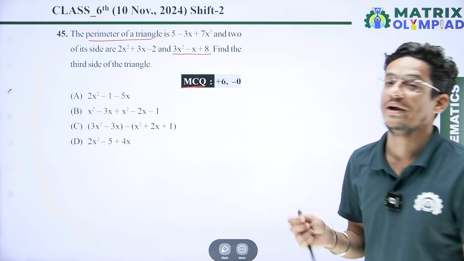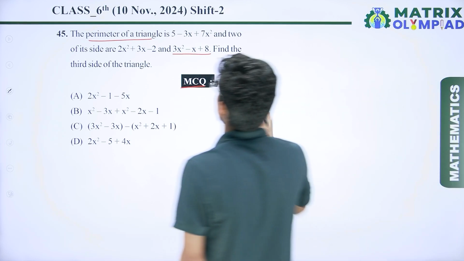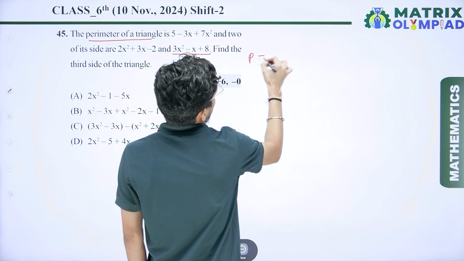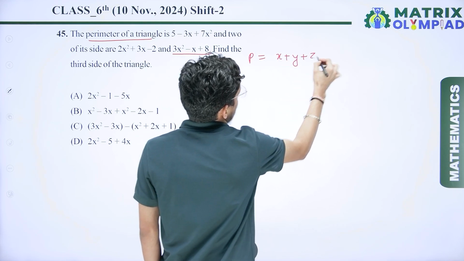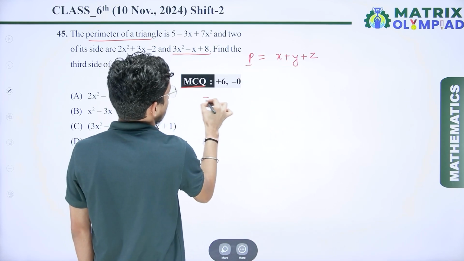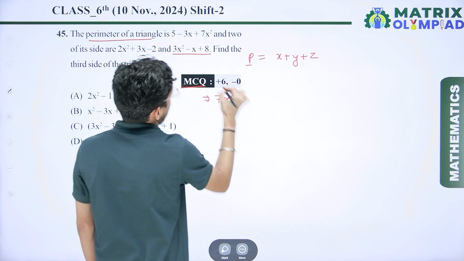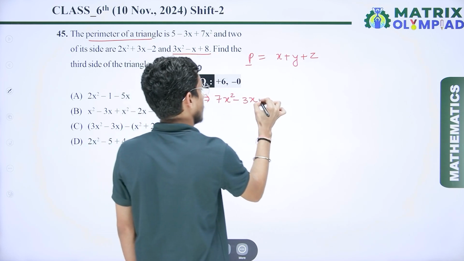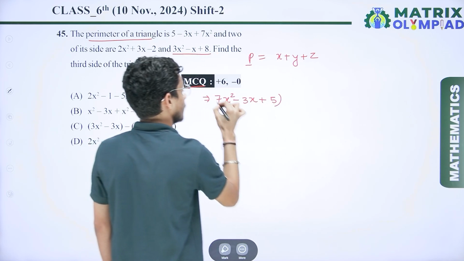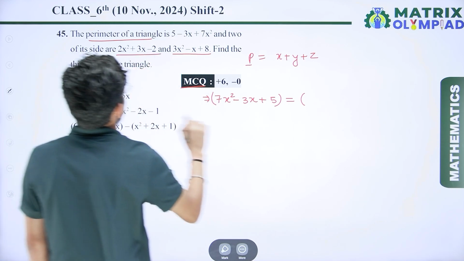Now we have to find the third side of the triangle. So we know the perimeter of a triangle is the sum of all three sides, that is x plus y plus z. Here we are given the perimeter, that is 7x square minus 3x plus 5, and we are given one side, that is 2x square